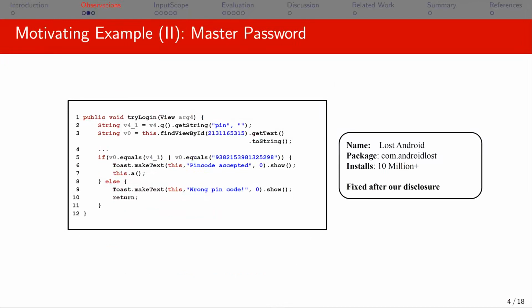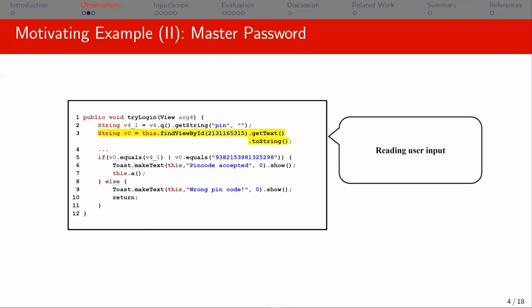The second example is from a security app, Lost Android, which has 10 million installs, and the developers have fixed this vulnerability right after our disclosure, so we feel comfortable to share the details here. Basically, this app is designed to protect users' data when their phones are lost. From its code, we can see that it reads the user input at line 3 and compares this user input